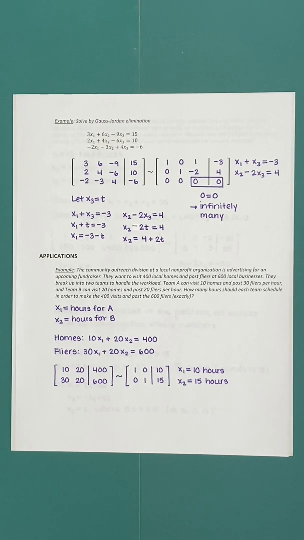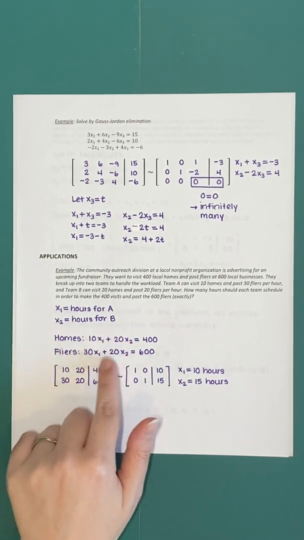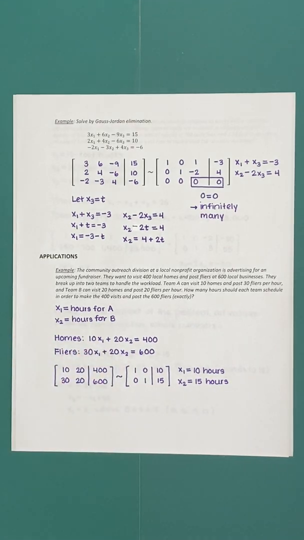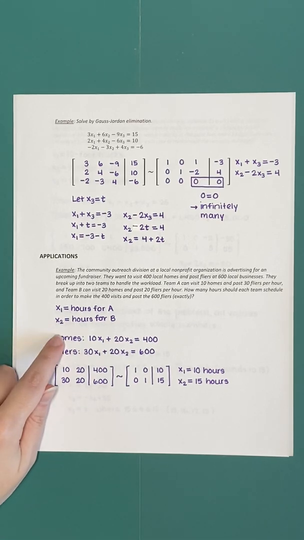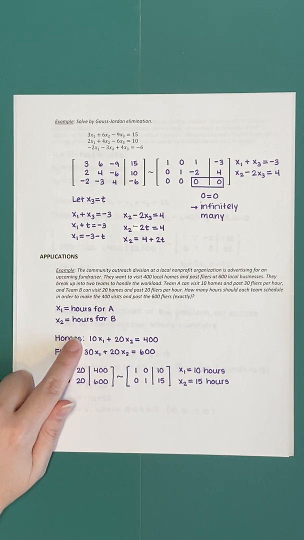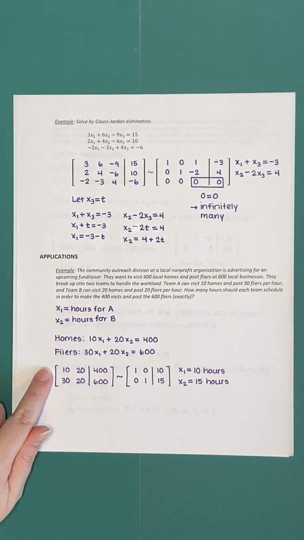So here we're assuming we want exactly 400 home visits, exactly 600 flyers distributed. Notice both of our equations involve both of our variables. So that means these two equations can work in tandem to give us information about these two variables. So ultimately, we could solve this resulting system in a variety of ways. We could graph if we wanted, we could do substitution, we could do elimination, or here we're going to use